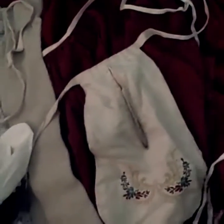So this is what I am doing today. And I'm just going to show you a little bit of what I've got going on here. My shift is all the way at the bottom, of course, but this is my shift. Oh gosh, am I going to knock everything over? But okay, this is a shift, and this is the undermost clothing of a woman's outfit. So for the 18th century, this is 18th century, by the way, this is a shift, and women would wear this as their innermost garment. And then